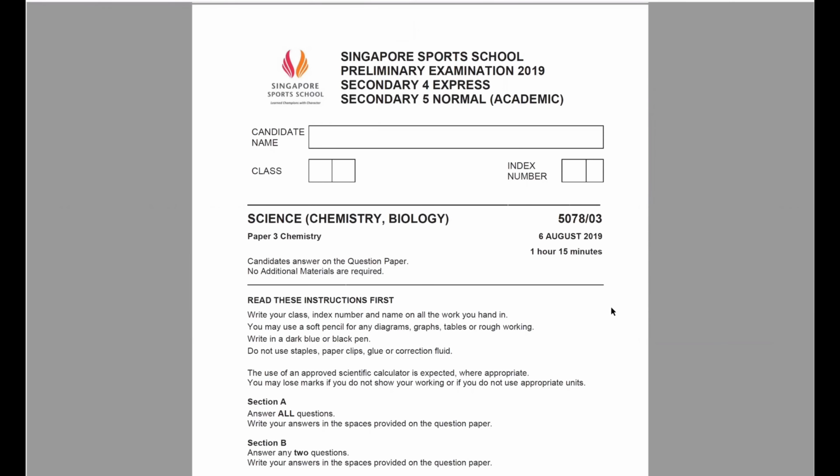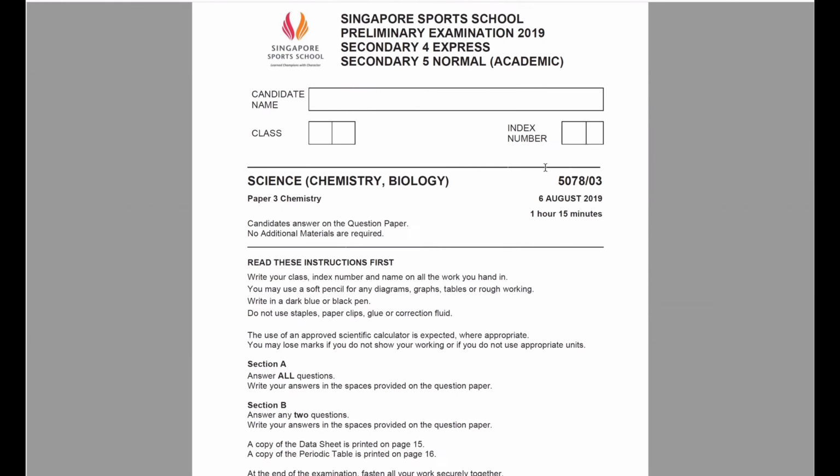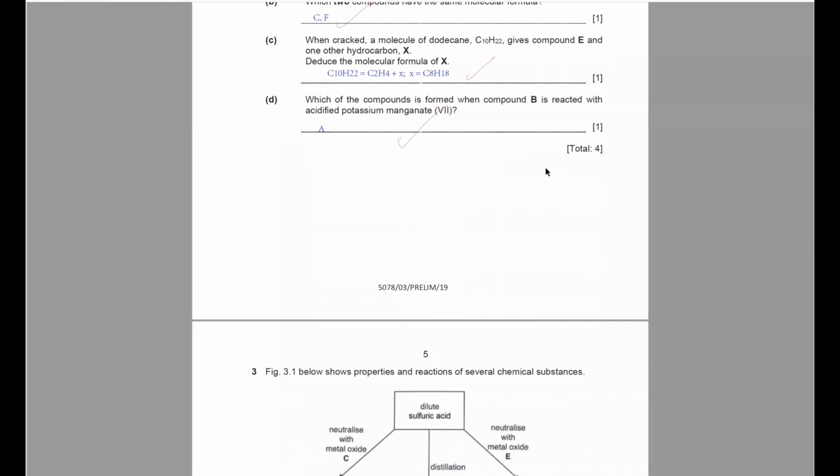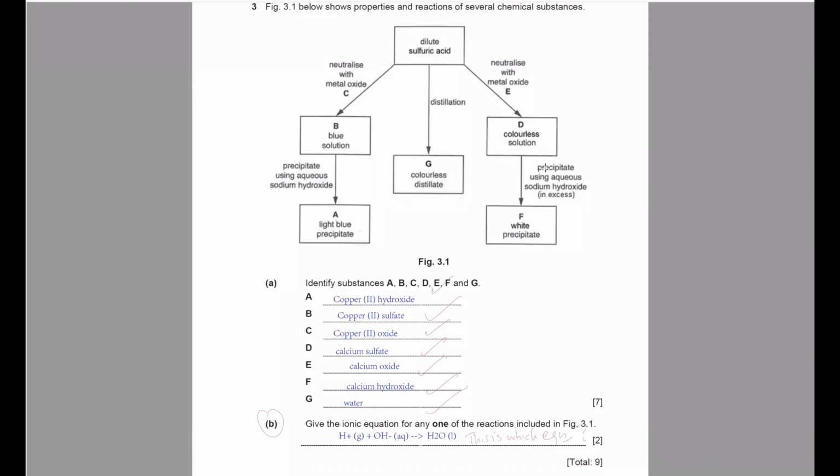Okay, this is the Singapore Sports School Prelim Exam 2019 Chem paper. So I'll attempt to go through the mistakes only. The first question with a mistake is question 3. It's regarding the last part